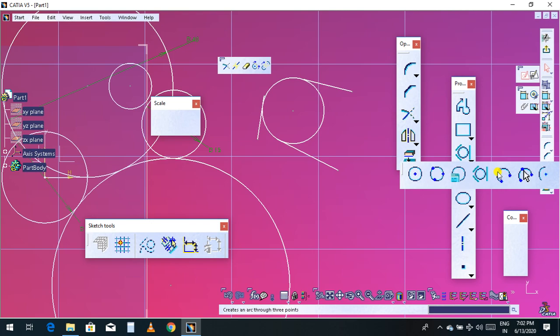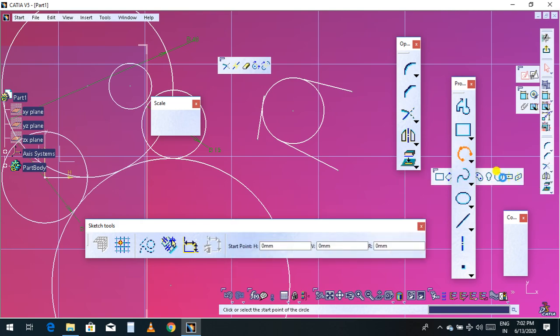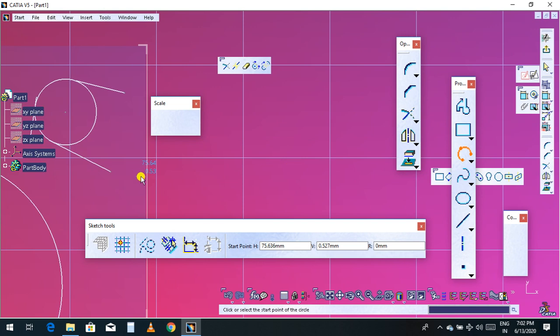And this is the fifth one. We have the 3-point arc. This 3-point arc is generally used most of the time in all AutoCAD programs. Click this 3-point arc, and now we can click one point, then this is the second point, and if you move the cursor this side, the arc will move like this.